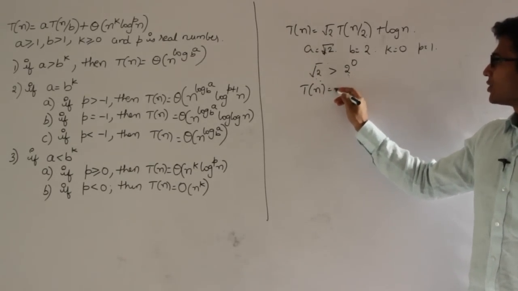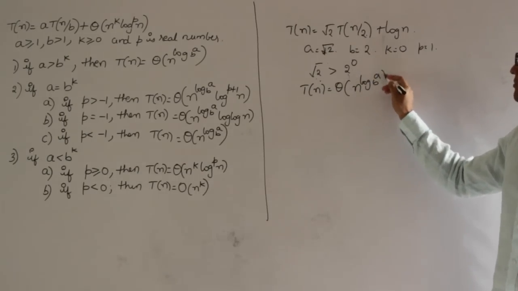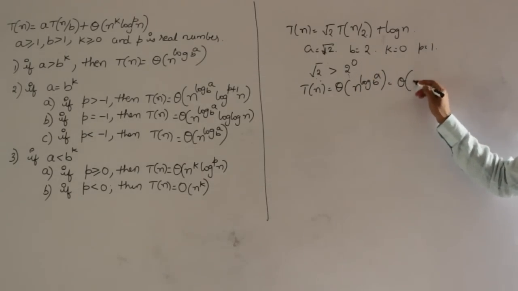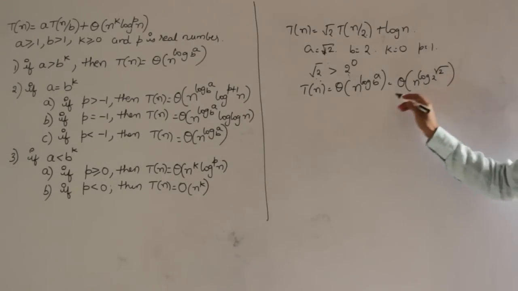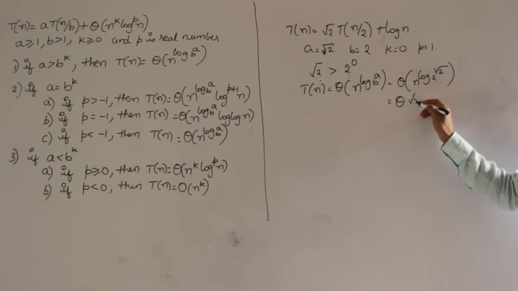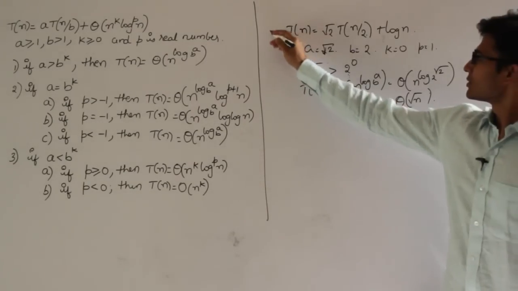So what is case 1? T(n) = Θ(n^(log a base b)), which is nothing but Θ(n^(log √2 base 2)), which is Θ(√n). Okay. And next one is